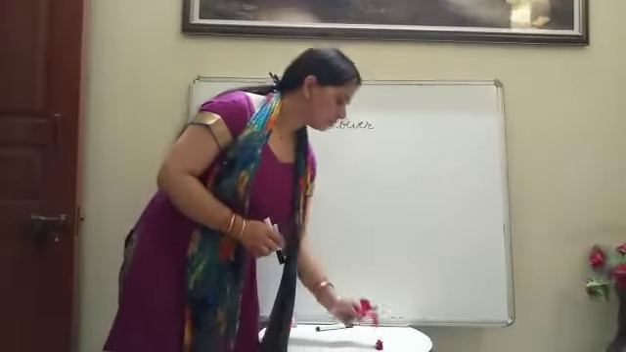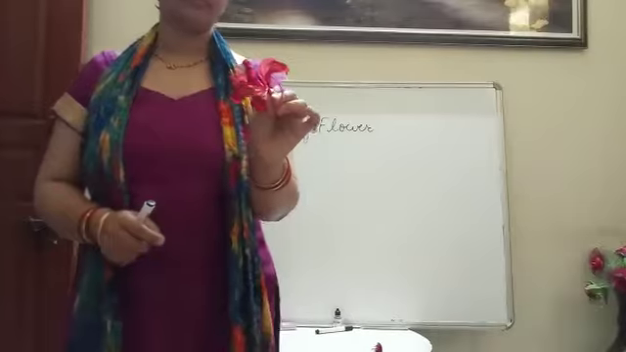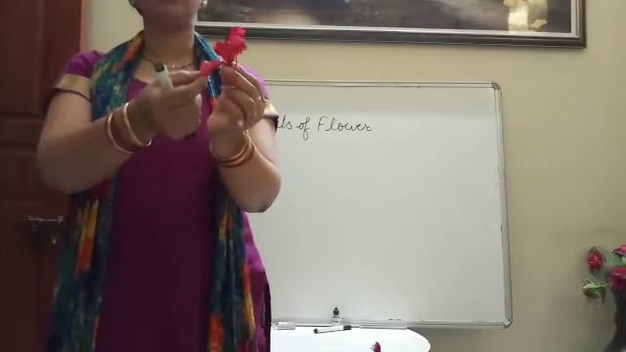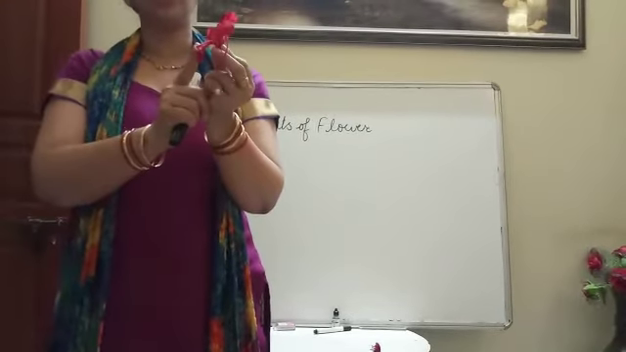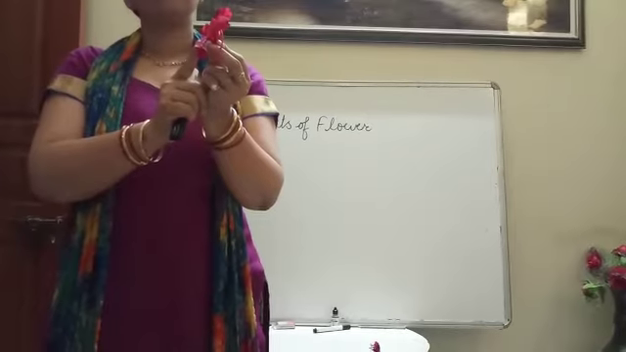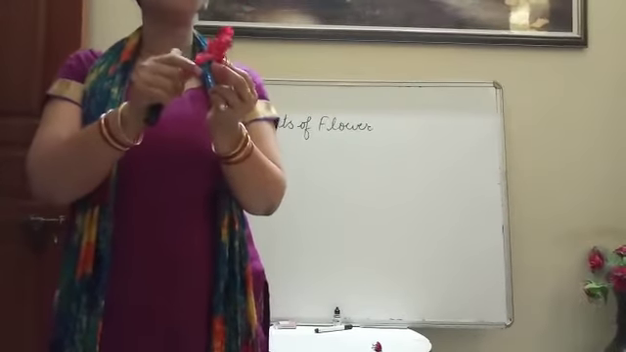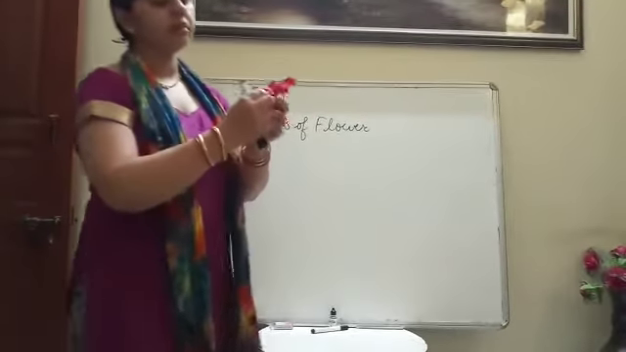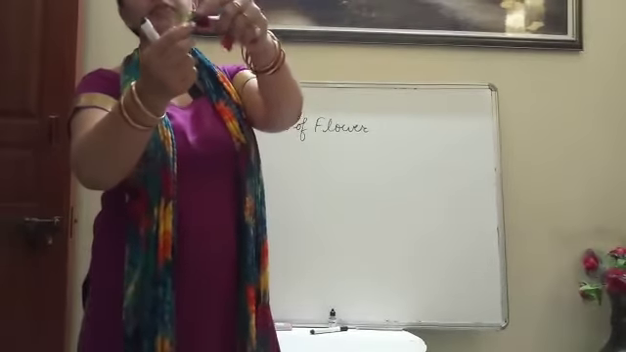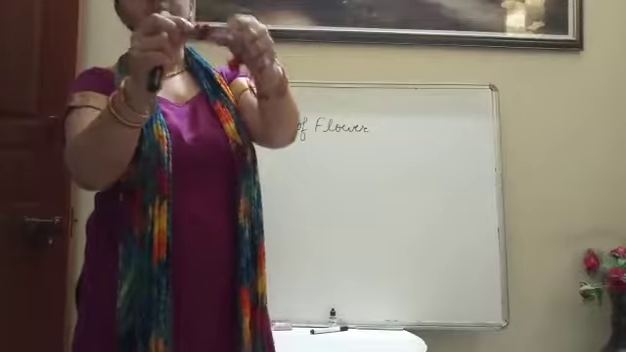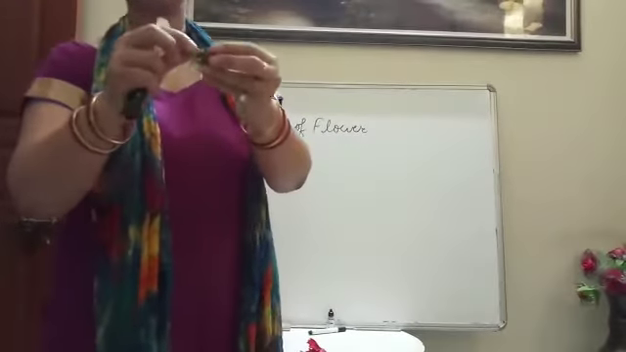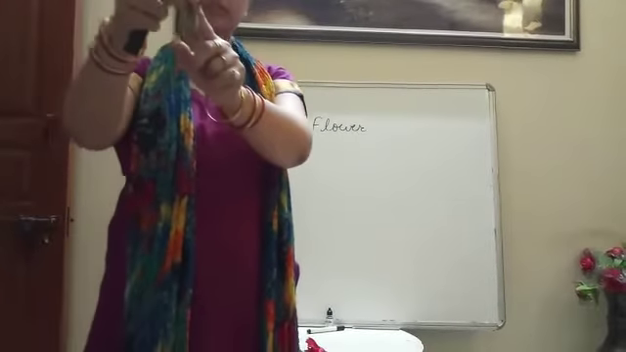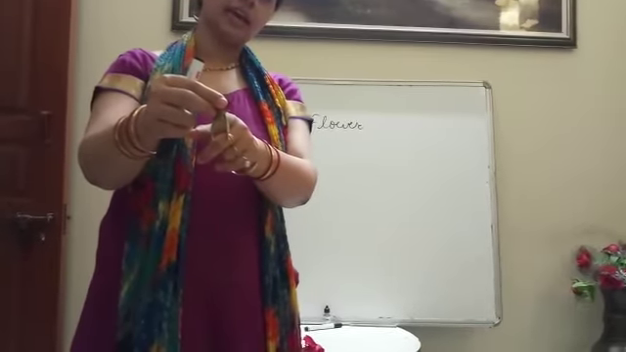So this is a flower, you can see, and this brightly colored part is called corolla, and this green part is called calyx. What is this green part? I am showing you this green part. The green part is called calyx,